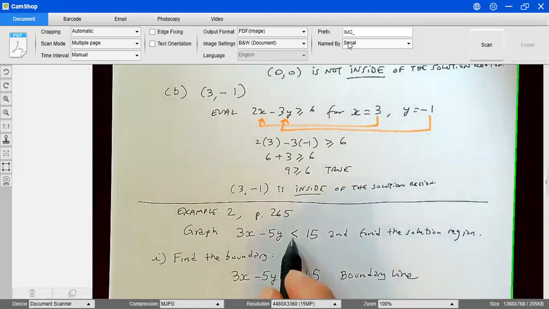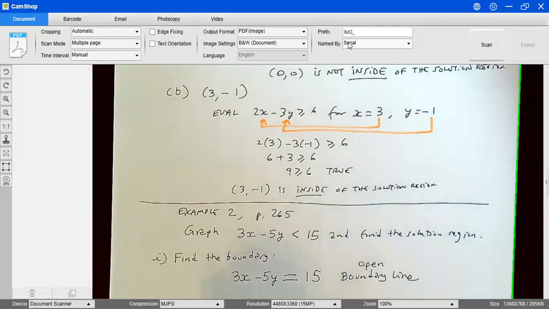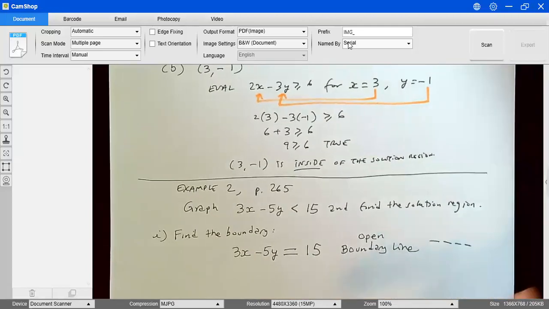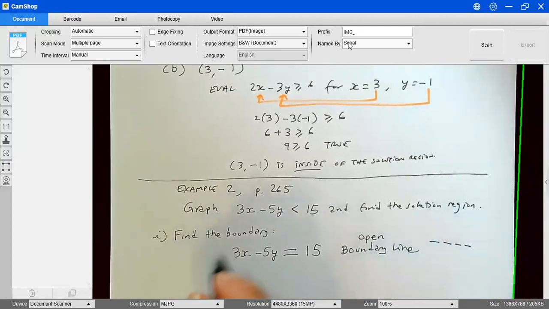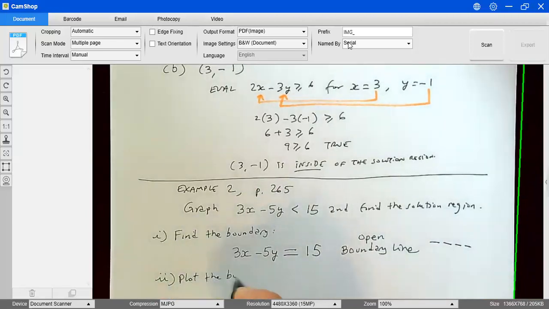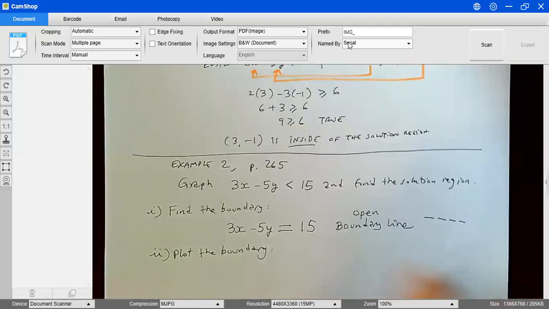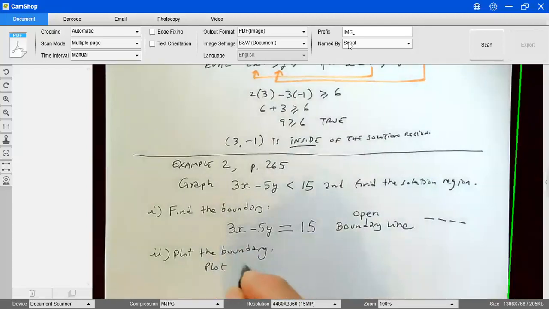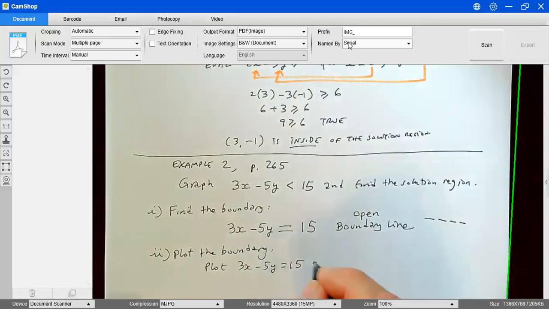And now you just check that this symbol indicates that this is an open boundary. So we're going to use a dashed line to indicate that boundary. So now we need to plot the boundary. In other words, we need to plot this line, 3x minus 5y equals 15, on the